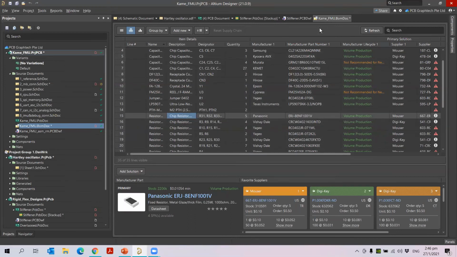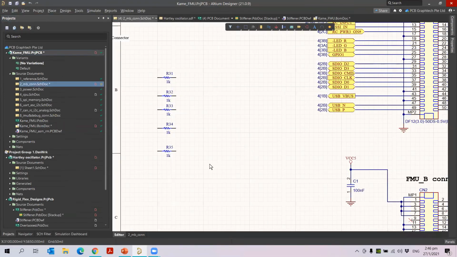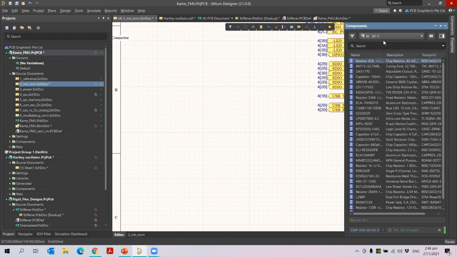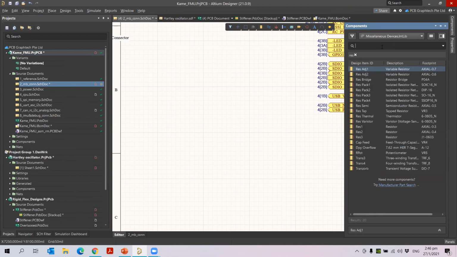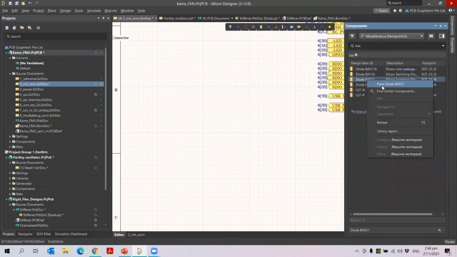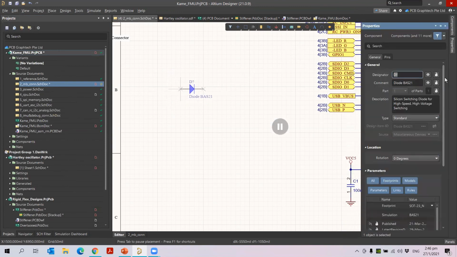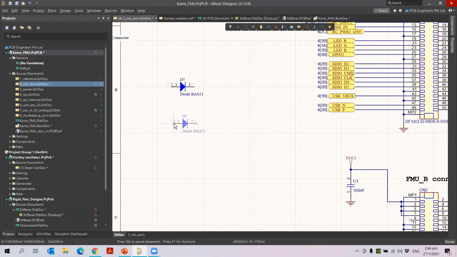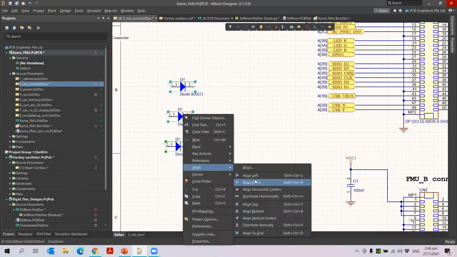Then if you go to your sheet again to do the pin mapping, I will just show you how to do the pin mapping here. Go to the component, and then let me delete this. Go for miscellaneous devices. Let me choose one component here. For example, I'm going to place a diode here. On the diodes, I will just place it with the numbers. Here you can see the pin mapping for this component. I just placed the three here. Let me select this and then align it, align left.